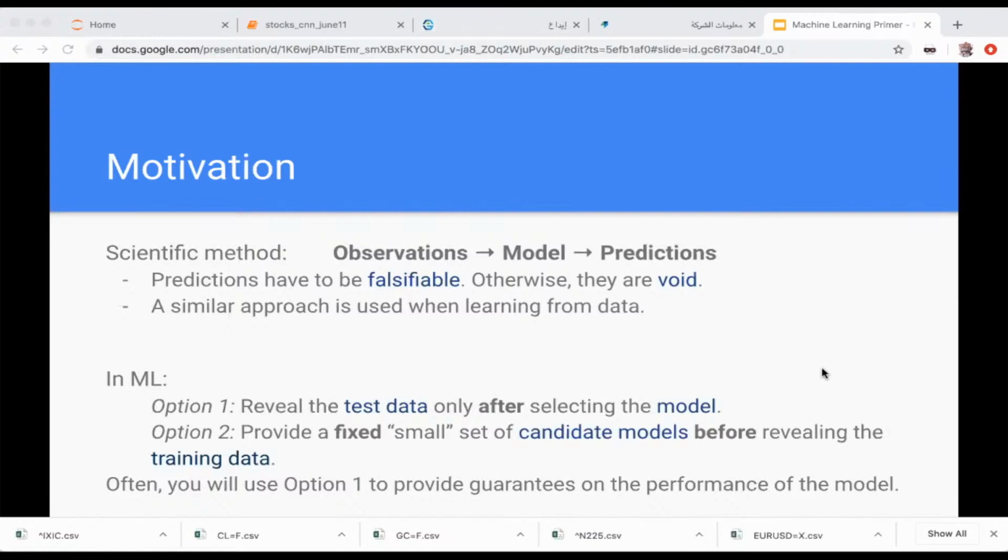Okay, so this is more general. In the scientific method, if you want to validate a particular model, you would have to come up with predictions. And when I say falsifiable, that means that they can be disproved. They're not tautological, for example. Let me give you an example. In physics,